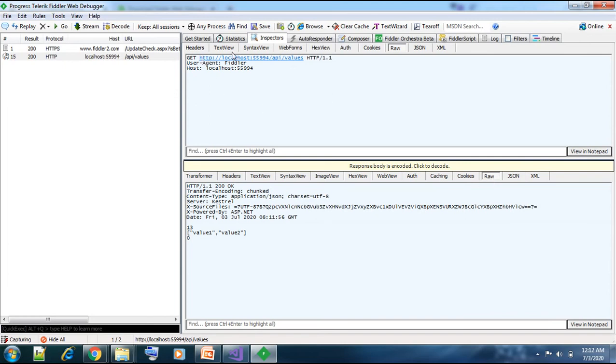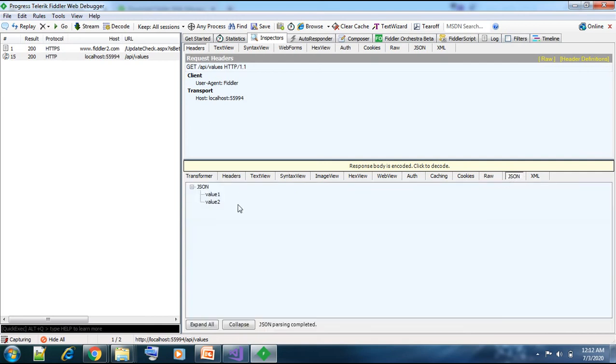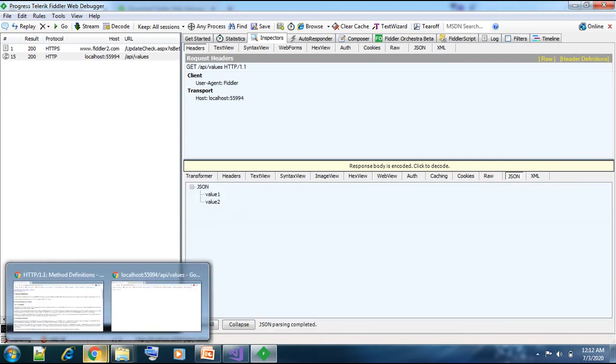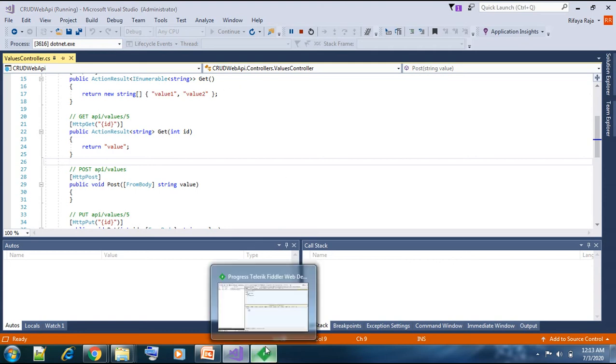We can also see other forms of the request and response in Fiddler, but this is the basic way of executing HTTP requests and checking the response. So for our GET request, we got the result in JSON format. The GET method without the parameter results in value1 and value2.